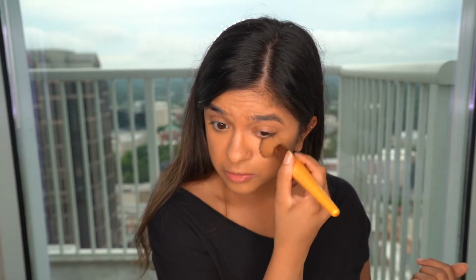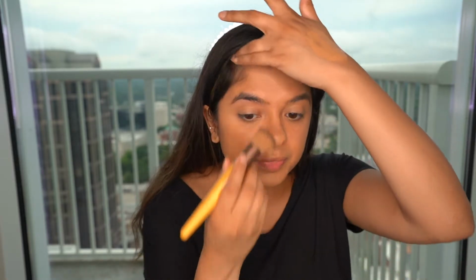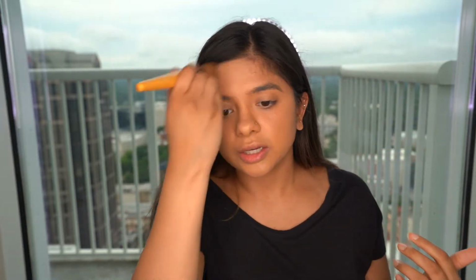Definitely don't want to forget the neck, so I'm just going to try and go down. And depending on what I'm going to be wearing that time, I might even go onto my chest a little bit too. I like to get my eyelids,